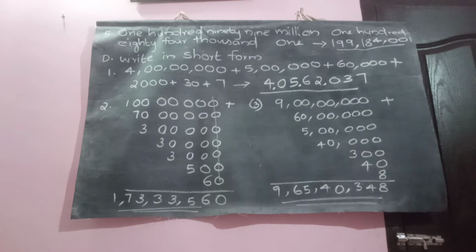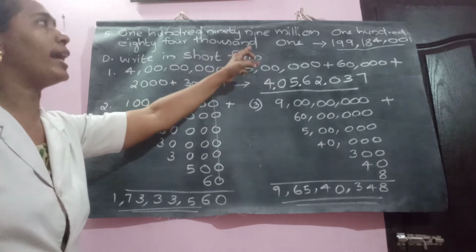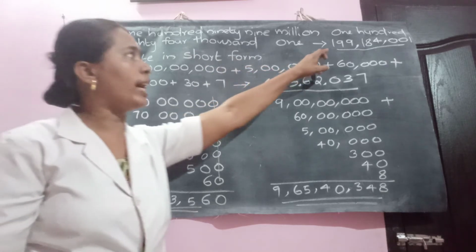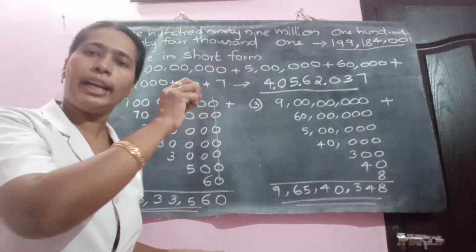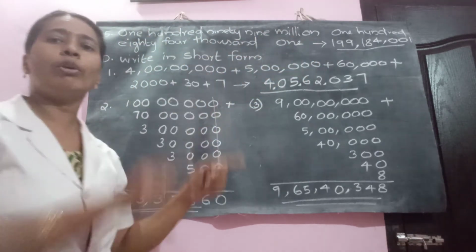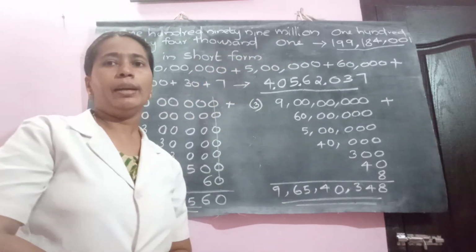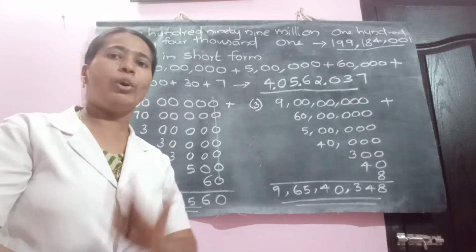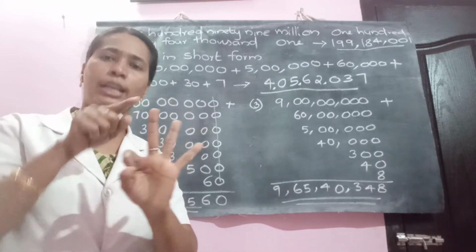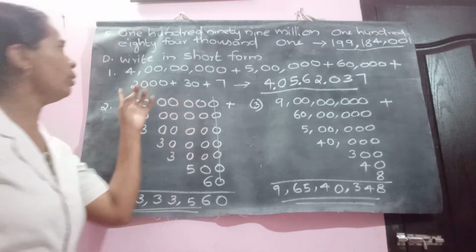One more question remains for us. Let us move to question number 5. 199 million. We can write it as 199, and instead of million, comma. Then 184, instead of thousand, comma, then only 1 is given. We need 3 digits in the ones period, but only 1 has been given. The tens digit and hundreds digit are missing. So, what do we do? We can write 001. Okay, let us move to the other one.